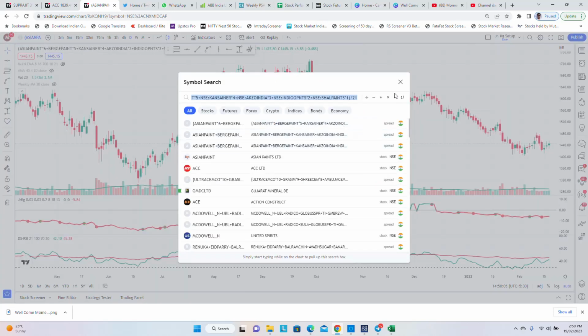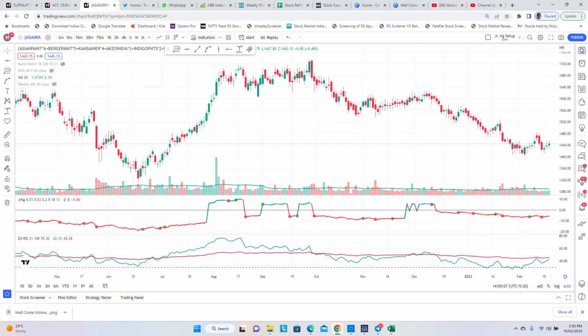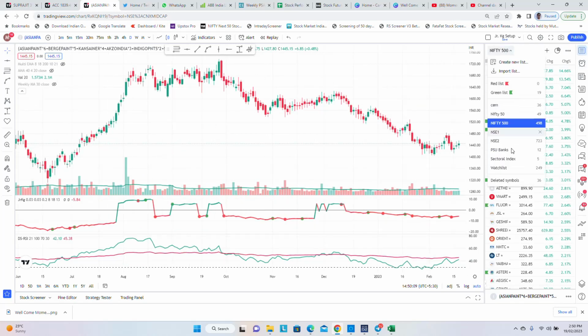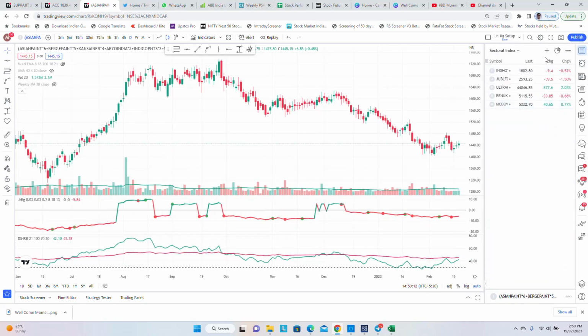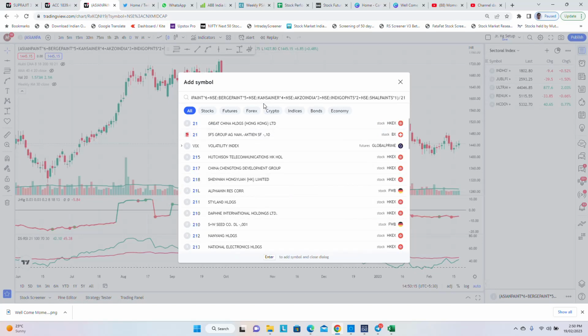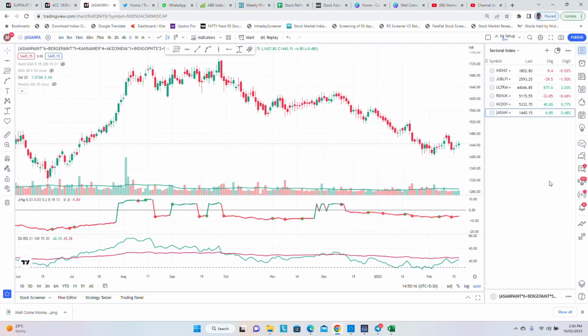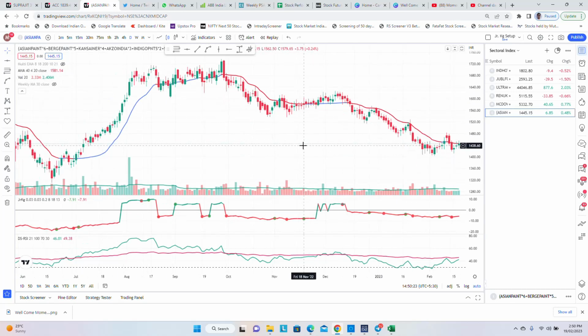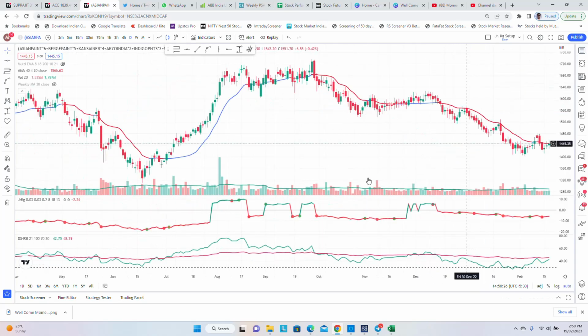copy it, and if you can see here, I have created some of the indexes. So just click on plus, paste it here, and enter it. So here is your paint index, ready now. If I put my AMA, you can see that slowly this is now consolidating and trying to move